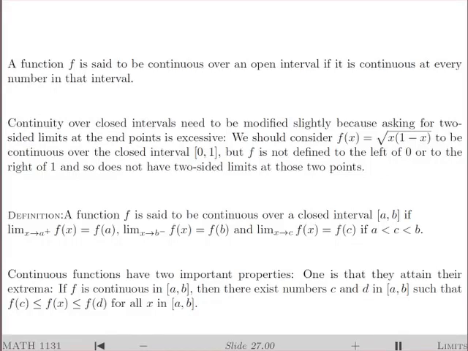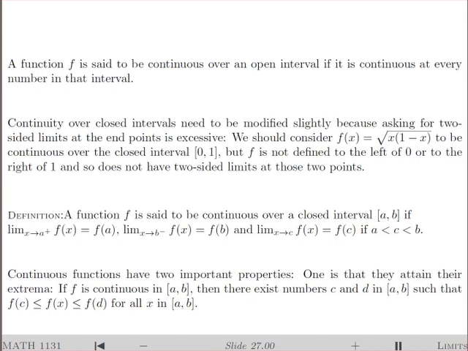Welcome. In this session, I will quickly outline two important properties of continuous functions. Recall that a function f is said to be continuous in an open interval if it's continuous at every number in that interval. But sometimes we want to talk about continuity over closed intervals, where we want to weaken the